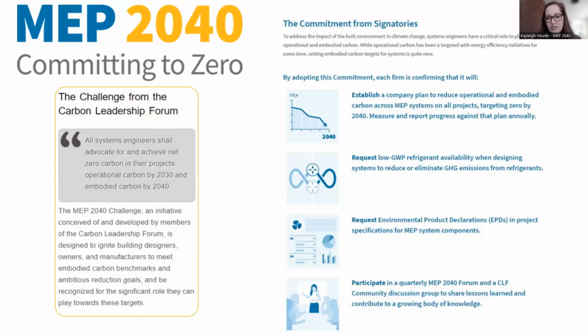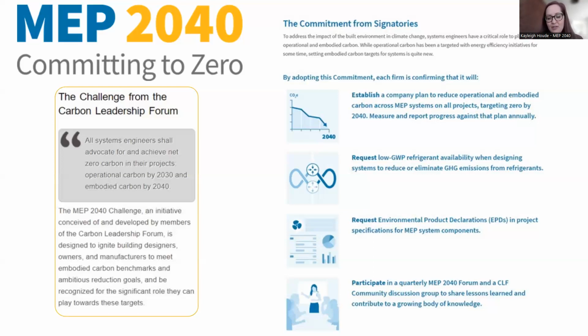Another one of the tenets of the challenge is to request low GWP refrigerants, which have an enormous responsibility. There is a citation in the Kigali Amendment, which was recently signed by the US, that 0.5 degrees Celsius, everybody's trying to get to the 1.5 reduction, right? 0.5 is solely due to refrigerants over a 100-year period. So it's a huge chunk of carbon that we know we can definitely do something about today. So that was one of the 4 tenets in and of itself.